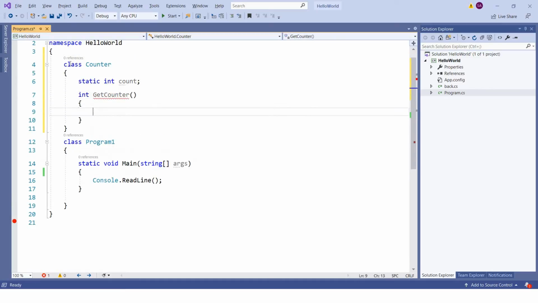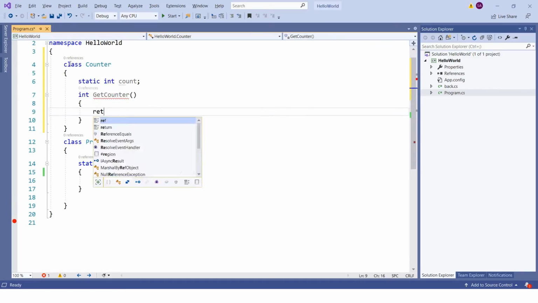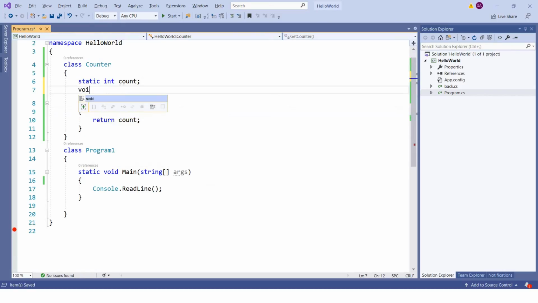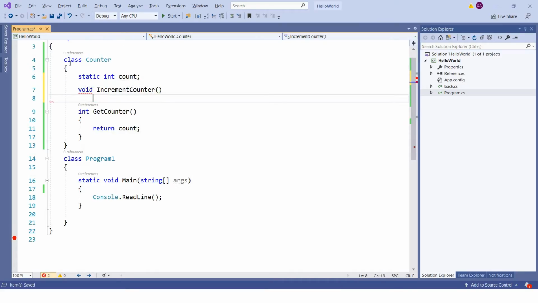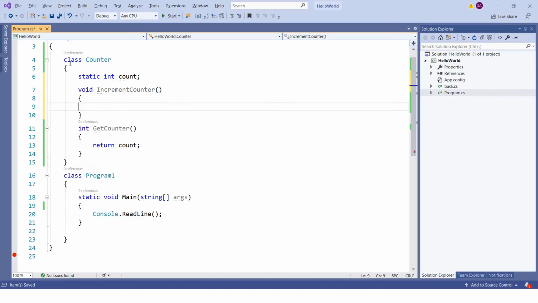Here I'll simply return count. One more function is called Incrementer, a void IncrementCounter, which will simply do count++.